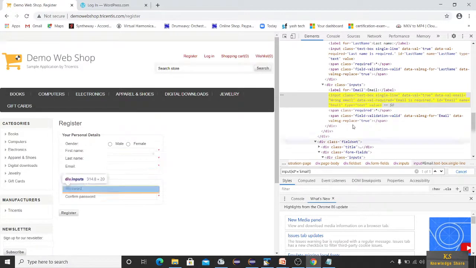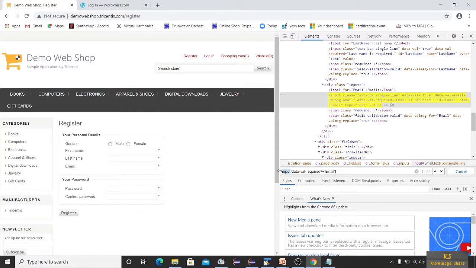In some cases, if you have same classes or same names, I have given email. Instead of ID, because ID already contains email, we can give email. Mostly contains is used if you have a long text like this, email is required. So I'll take this attribute as an example. Instead of ID, I'll give data-val-required.